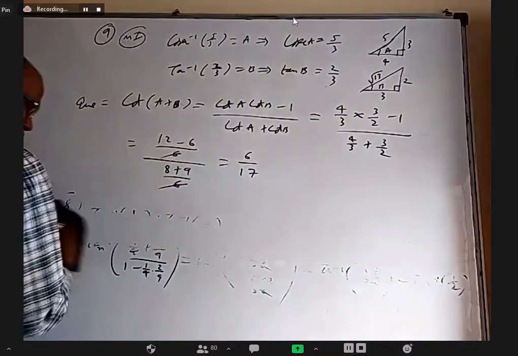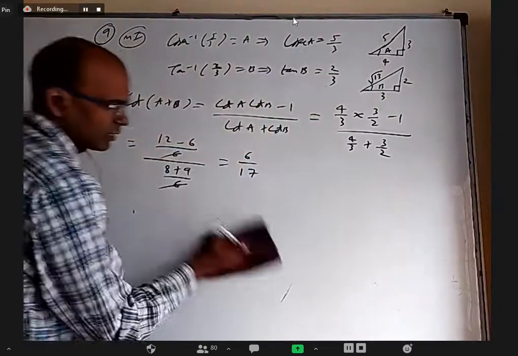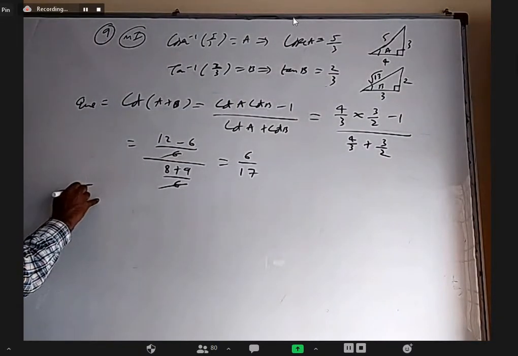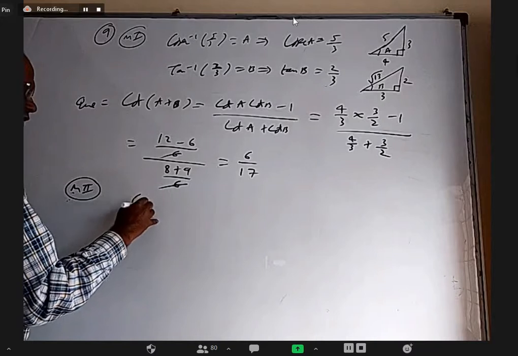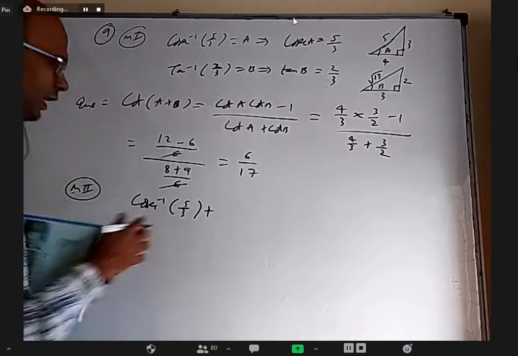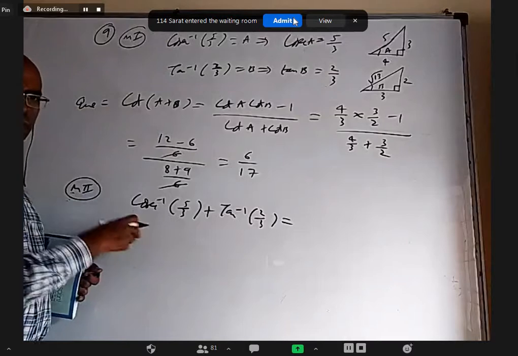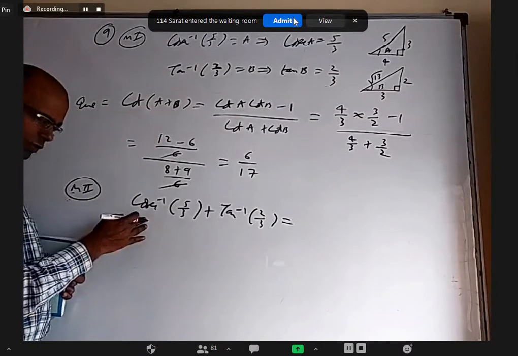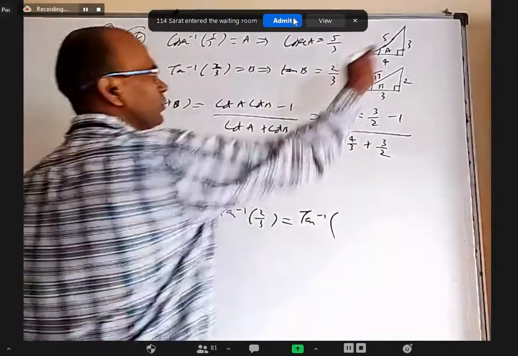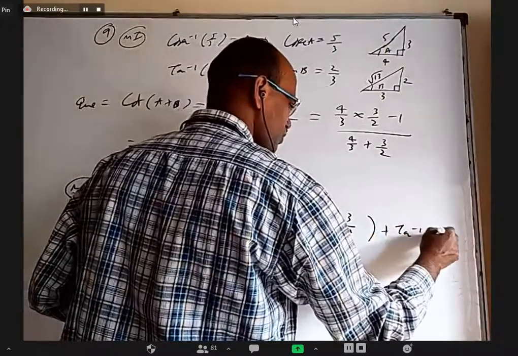Okay, so even if you don't know inverse trigonometric formulas, you can easily manage. Simply take each inverse as A, B, C, and so on, and it will become a trigonometric question. Otherwise, method 2: cosecant inverse 5 by 3 plus tan inverse 2 by 3. You know, one inverse can be converted to another inverse. We discussed it. So cosecant inverse, I can write it as tan inverse based on this figure, of course, 3 by 4, plus tan inverse 2 by 3.